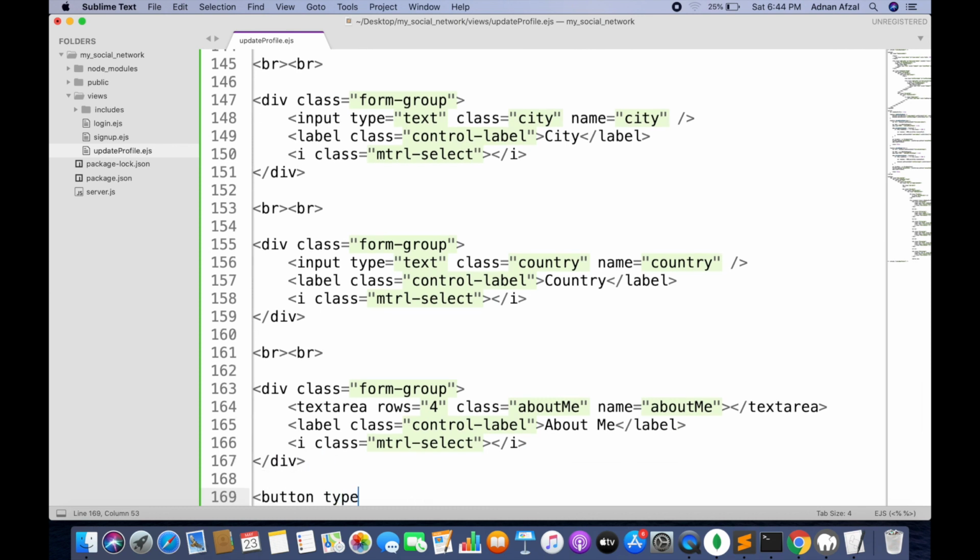And a submit button which when clicked will submit the form and send an AJAX request.